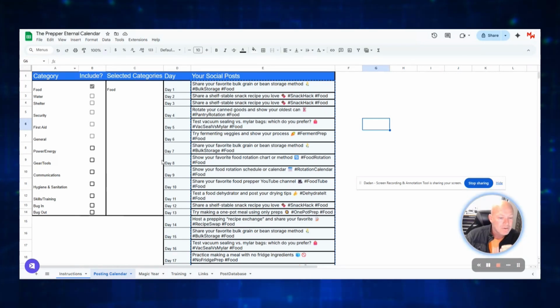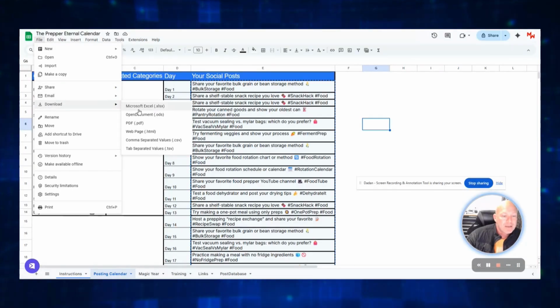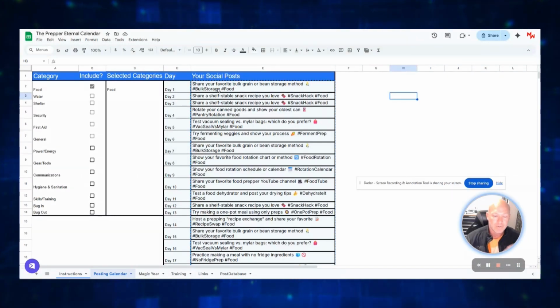If you have a social media scheduler that allows you to import via an Excel spreadsheet or a CSV spreadsheet, that would be my preferred way. So what I would do is click on File, click on Download, and depending on what your particular social media scheduler looks like, I download it into Excel or CSV. Download to your desktop, you're going to download this whole thing, and then from there copy that and paste that into your respective import tool that you'll import into your social media